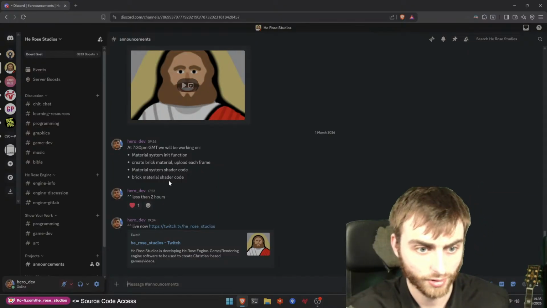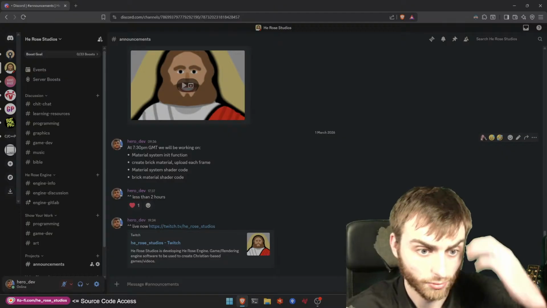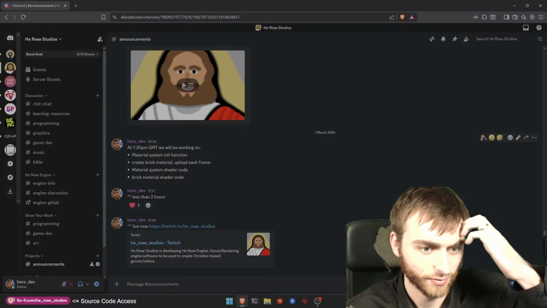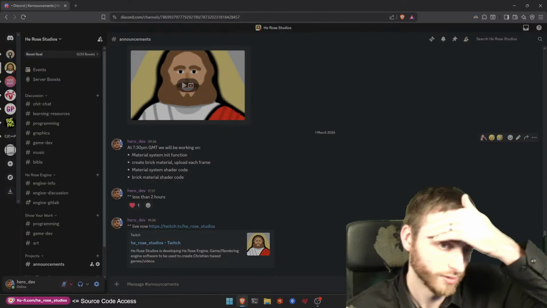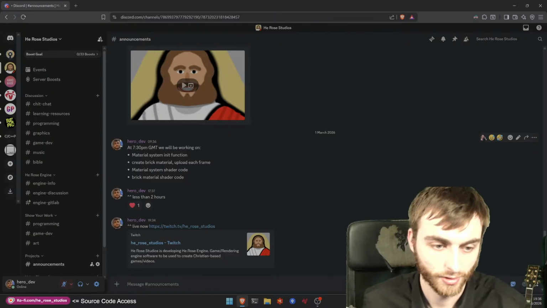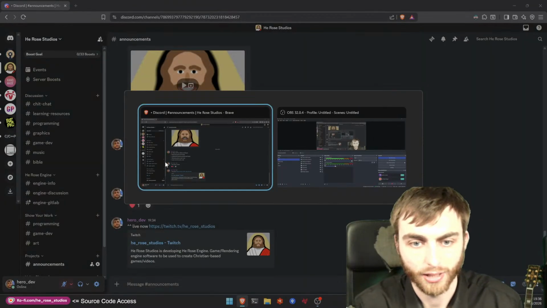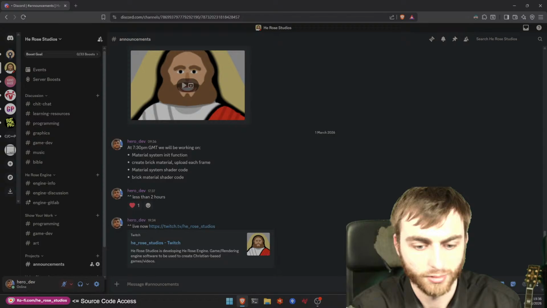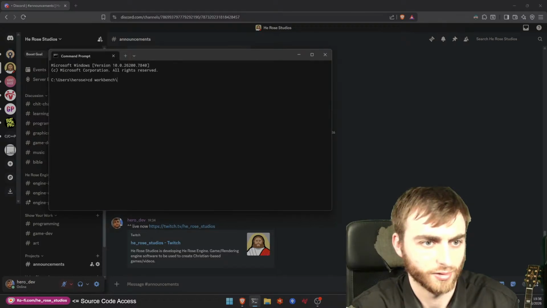So in today's stream, this is what we're working on. We've got a material system init function that we need to do. We need to create a brick material that we actually upload each frame, so a bunch of material parameters. Last stream we made a